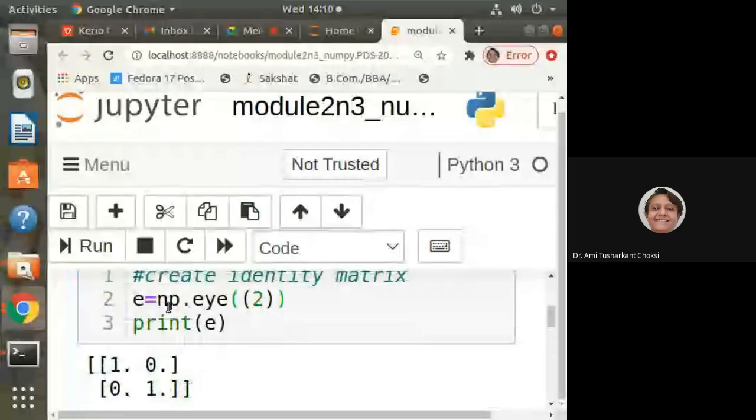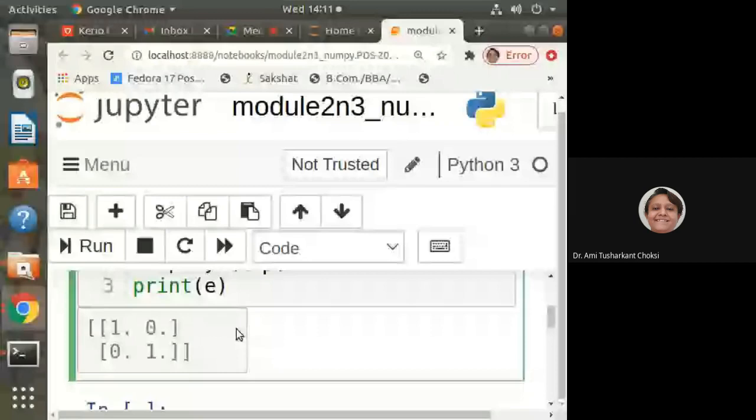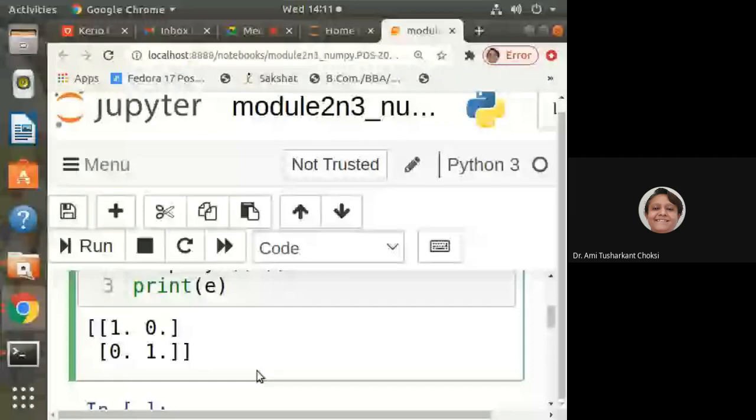np.eye 2 we have specified. So what will it give us? The identity matrix 1 0 0 1, right? If we are giving np.eye 3, what does it give us? 1 0 0, 0 1 0, 0 0 1.